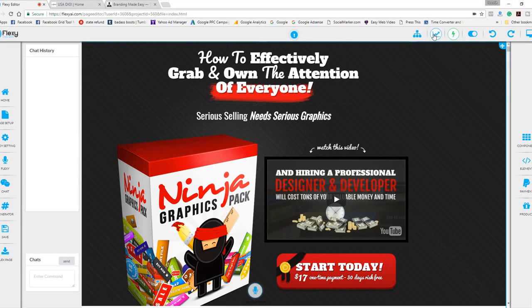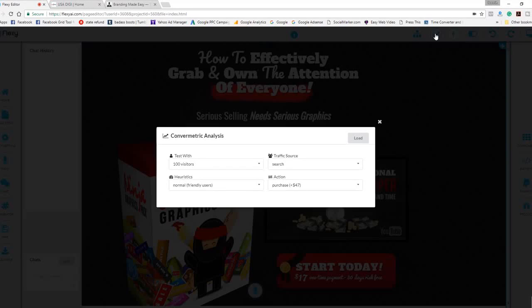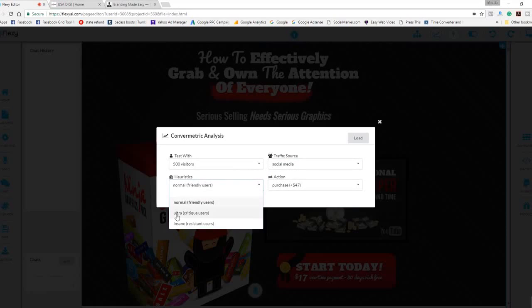Okay, so here's something else that I want to show you. This little tool is called Cover Metric. What it does is give you some analysis on your page's ability to perform, in a sense. The way you would use it is, let's say I wanted to target 500 visitors. What kind of traffic source will I be using? I'm using social media, so I'm going to be using a Facebook ad. And in here, let's say I want to choose the Ultra Critique users because I'm doing cold traffic. If I were doing it from my list, let's say from a fan page, targeting the people who like my page and